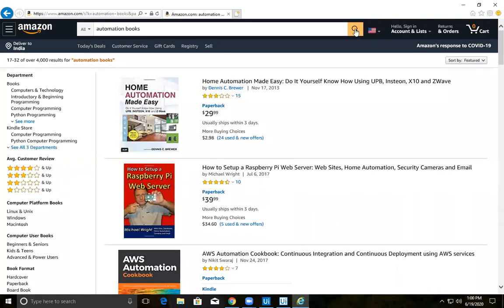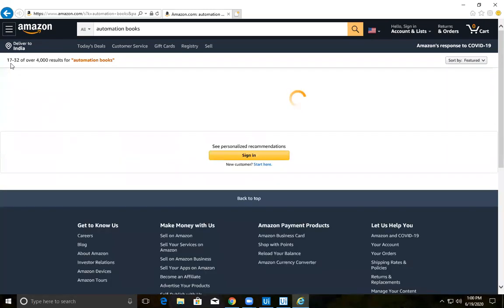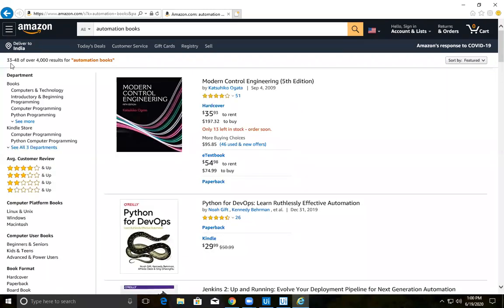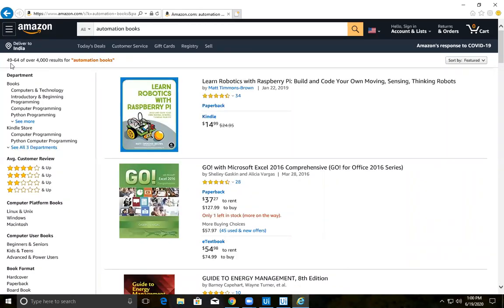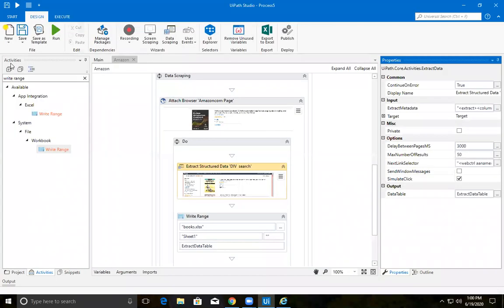So it needs to stop in between at 50 where it comes. So for the next page, it needs to stop. Yes, it needs to stop now. Yes, it worked.